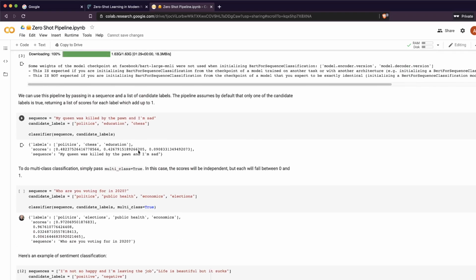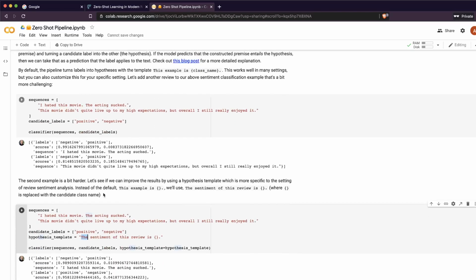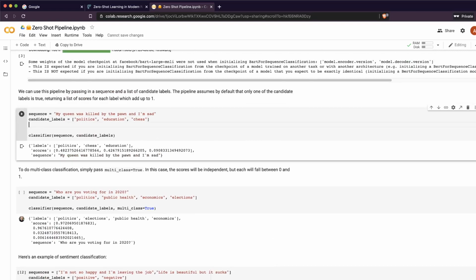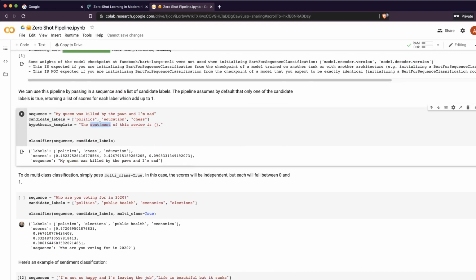So now you can say, "My queen was killed by the pawn, and I'm sad." You can take this hypothesis template and say "The game is", with labels chess, polo, and let's say cricket.